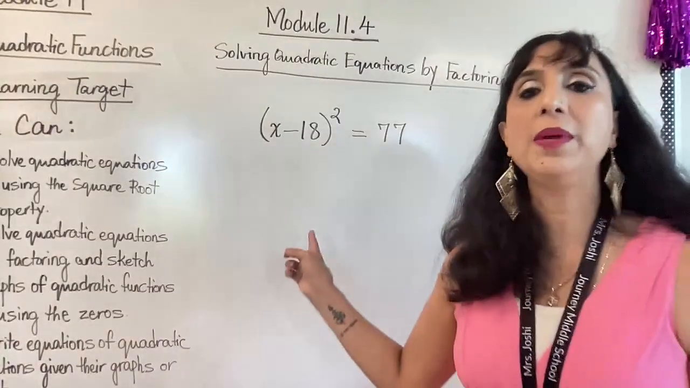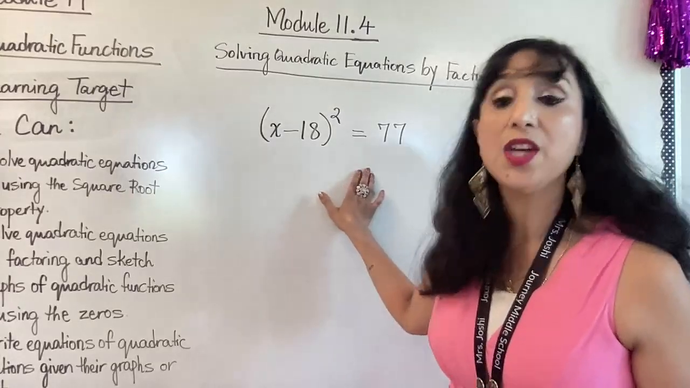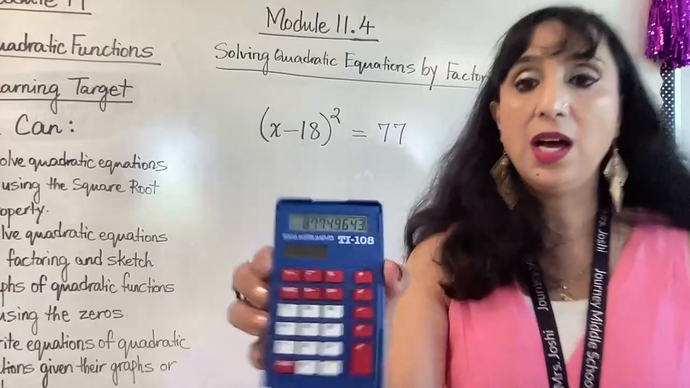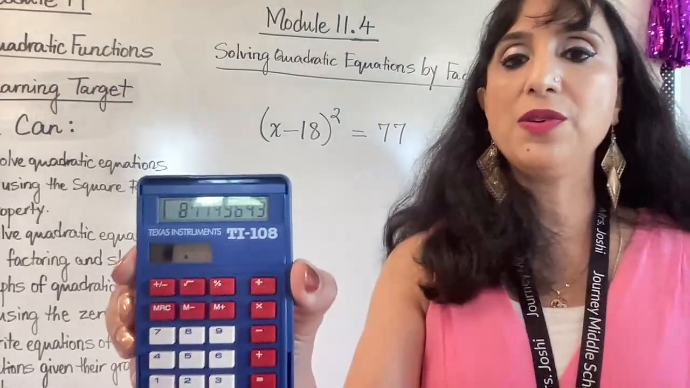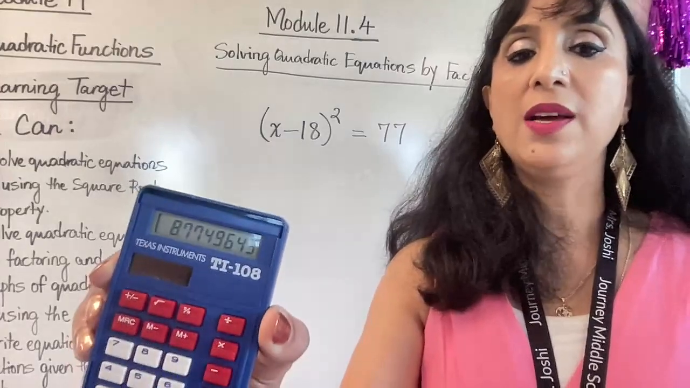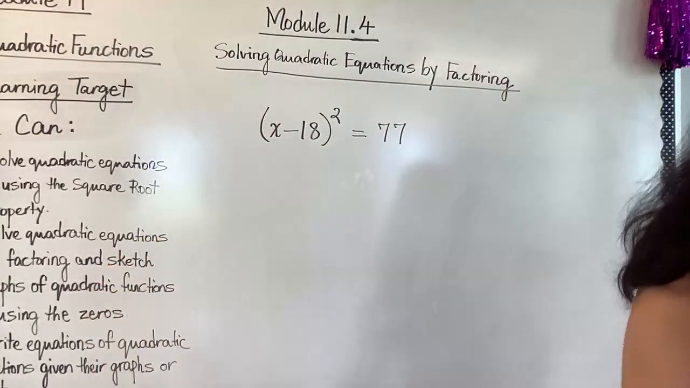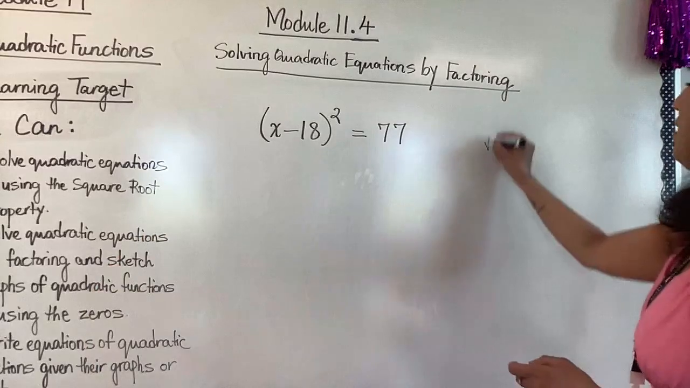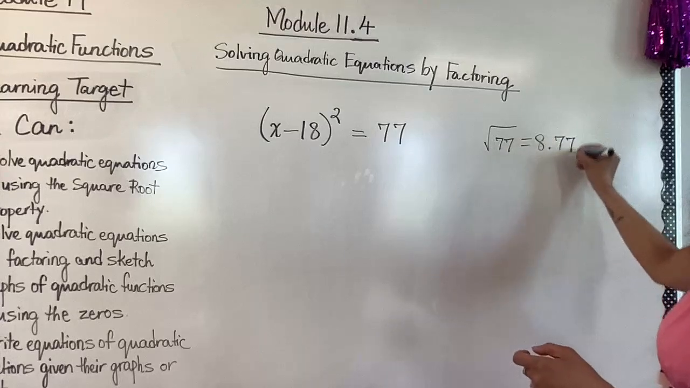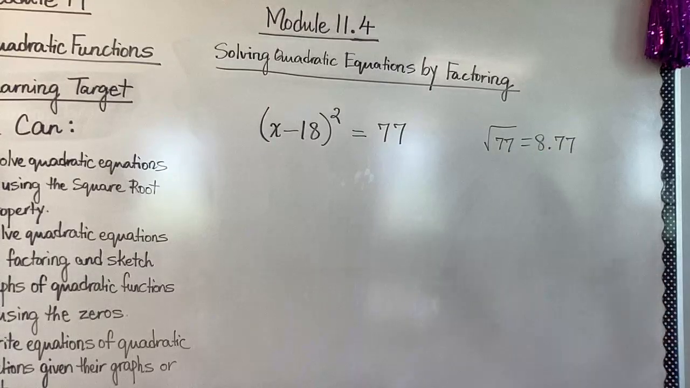So here's one more problem. And I can see that 77 is not a perfect square. So I'm going to go ahead and use the calculator. And then when I find the square root of 77, I am going to round to the hundredth, and so I get 8.77. Okay, so the square root of 77 gives me 8.77 on my calculator, and then of course I'm going to have the positive and I'm going to have the